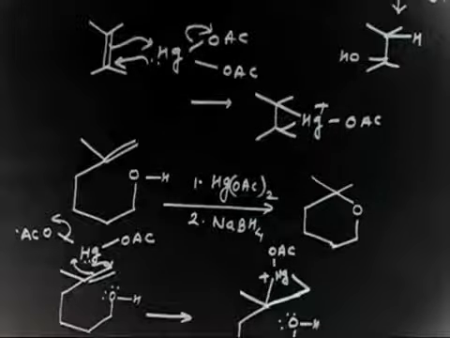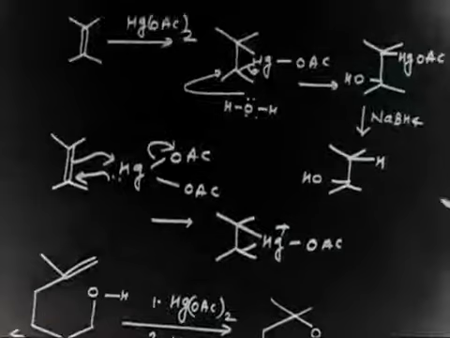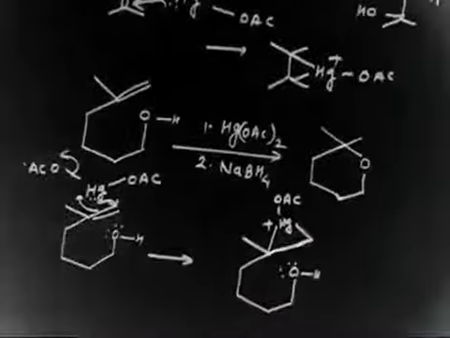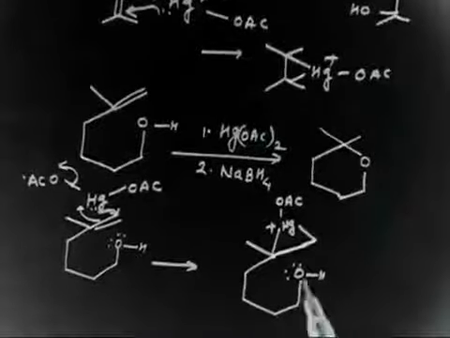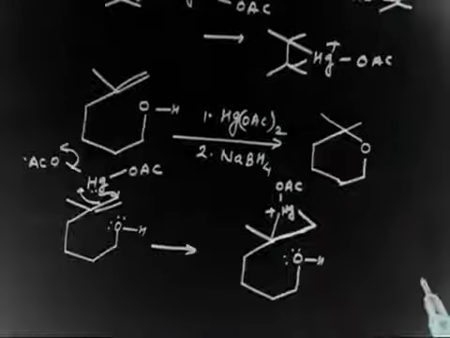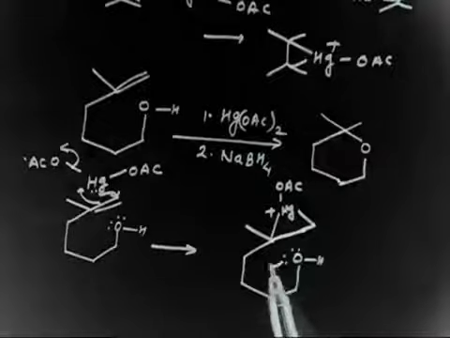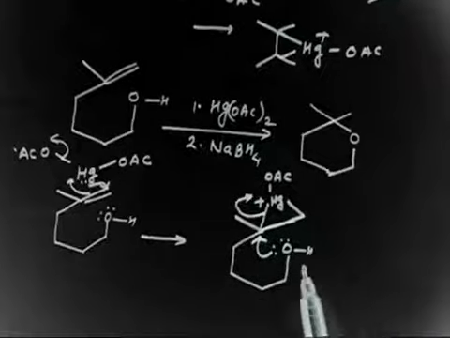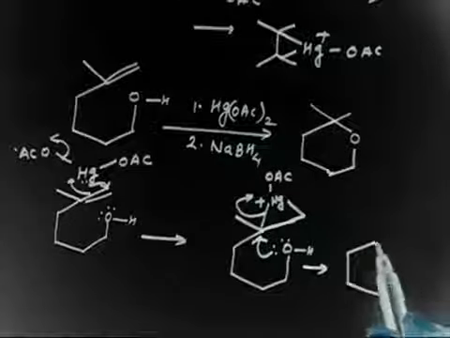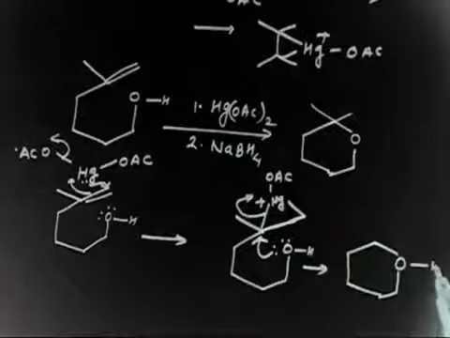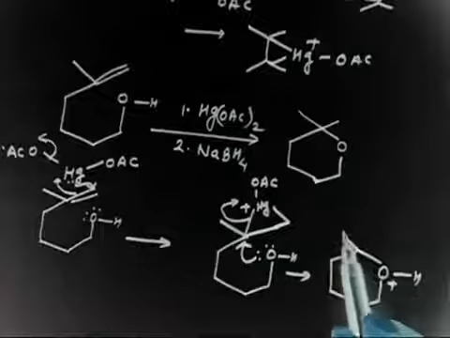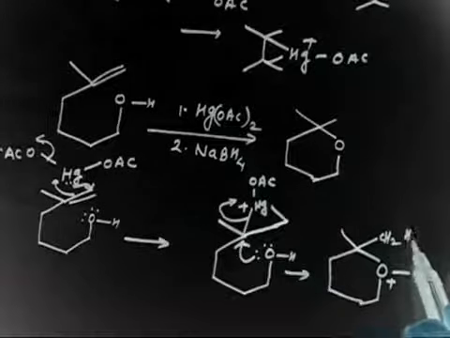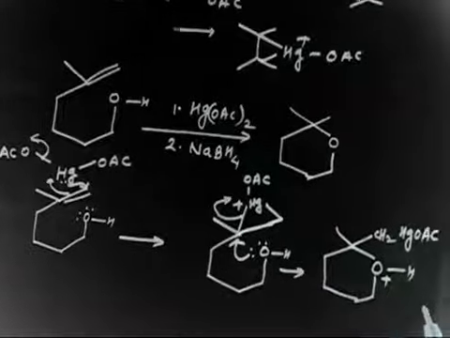Water attacks, H2O attacks in the next step. You see here the H2O lone pair. Now I do not have H2O, but this oxygen is here itself. Why would this wait for water, when this intramolecular reaction is always faster? If this attacks here and goes like this, you will have a 6-membered ring, and at this position you will have oxygen. Of course this hydrogen will be plus, so you will have CH2 HgOAc. This is the product you will have.